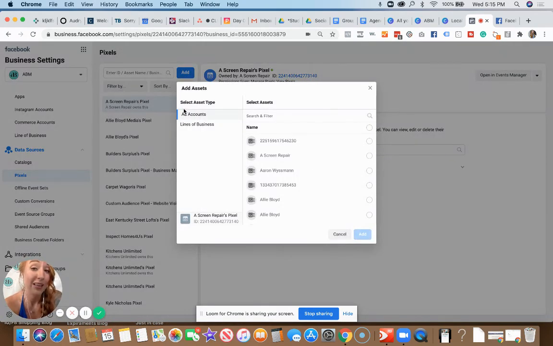So now if I click add assets, I'm actually selecting the ad account that I would like this pixel to be associated with. So that's how you're going to connect a pixel to an actual ad account. It's going to make it so much easier because you're going to be able to have that as a default whenever you go to create an ad. You're not going to have an automatic drop down, and it makes life so much more simple. So if you don't have an ad account, you must create an ad account first, typically. However, if you want to go ahead and create it in Business Manager, if it'll let you, go right ahead. This is really ideal for people who have